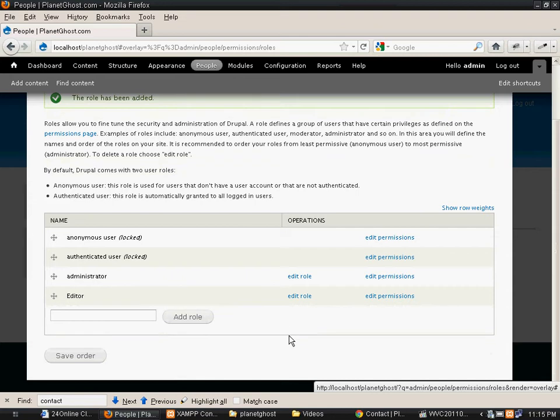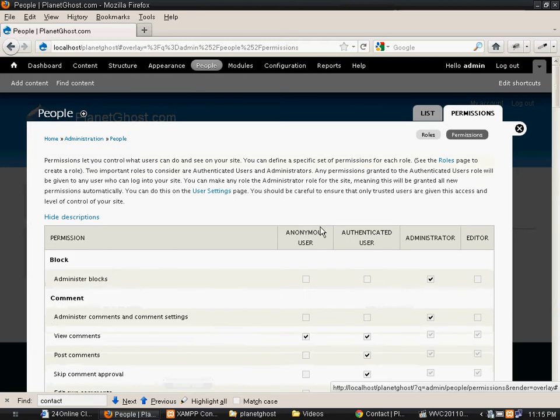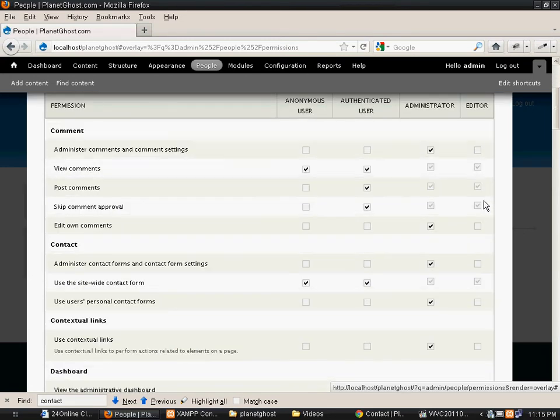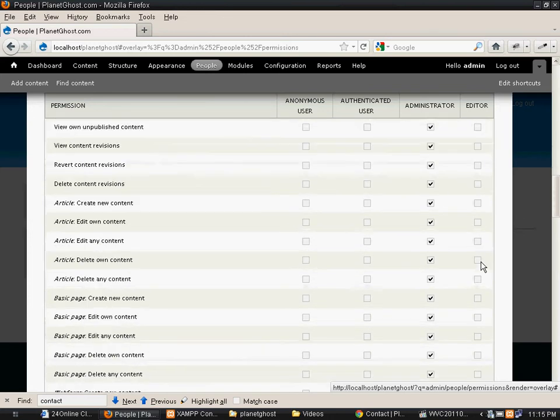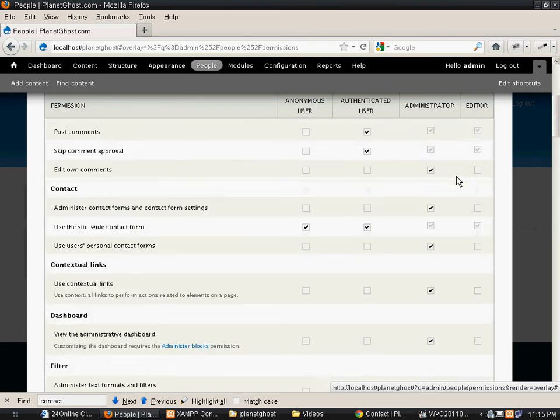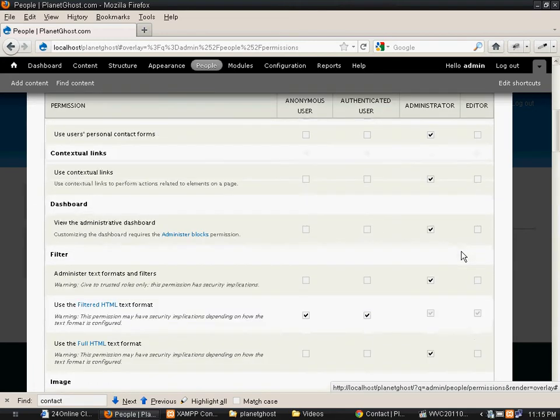Okay, now the role has been created. We will click on the permissions and check. We have the role created here. By default he is not given all the privileges that are given to the administrator.